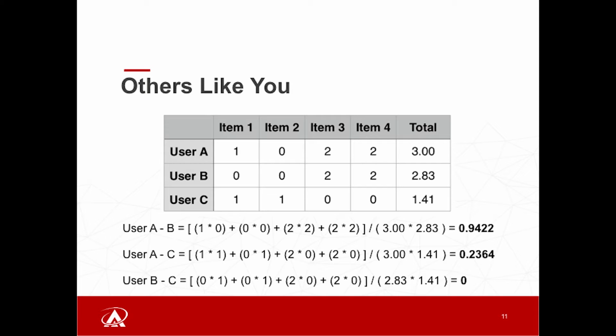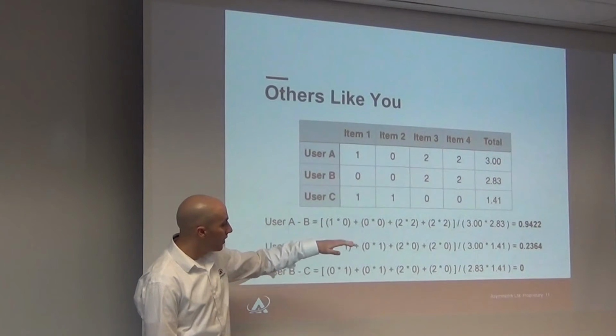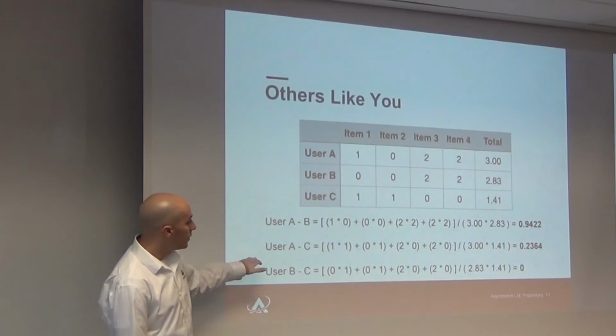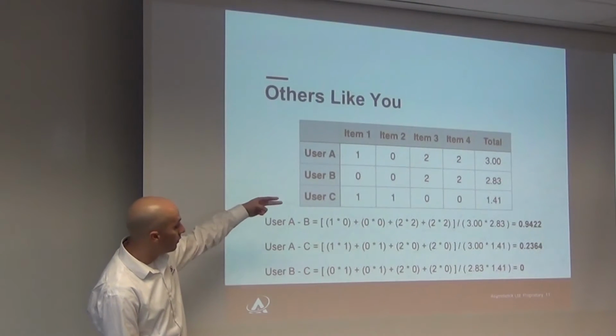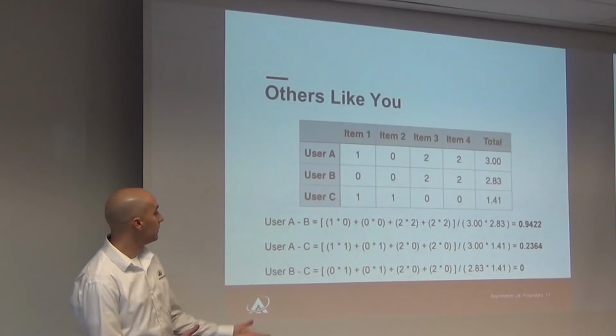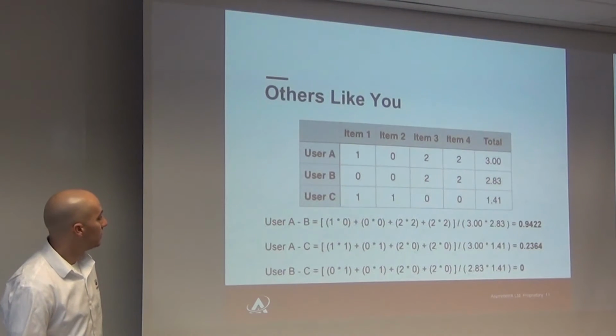And then from that, we feed that back into all the numbers that we've had. So user A and B, we've turned the numbers. They are 94% similar. Users A and C are 23%. And B and C, since we saw that they have no overlapping items at all, sure enough, are at 0%. So then from there,